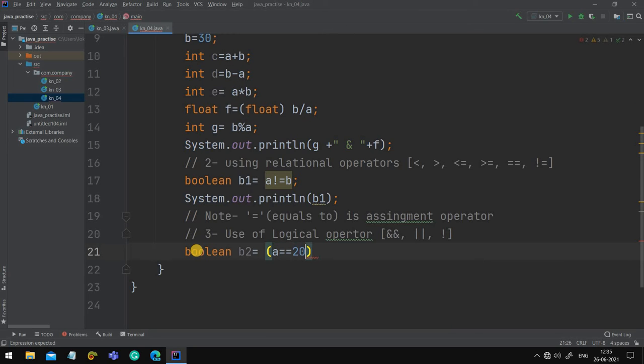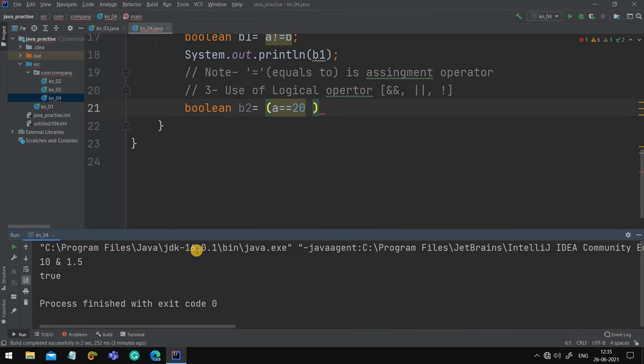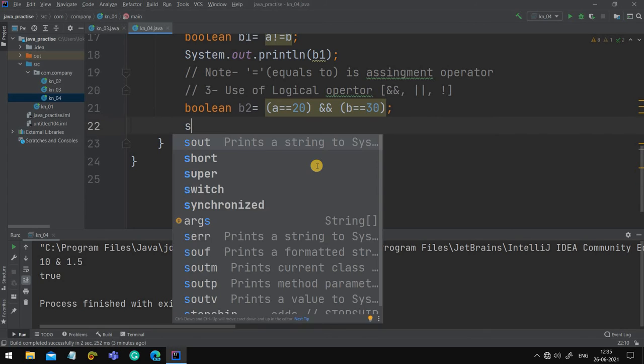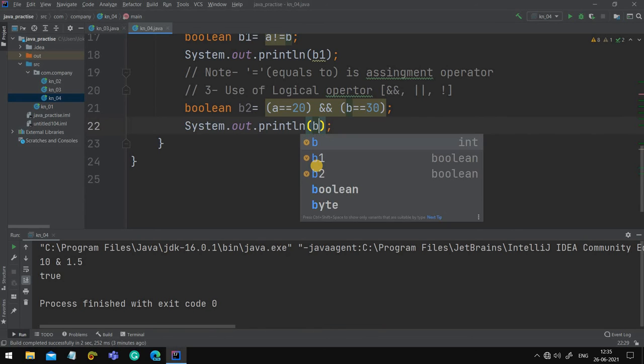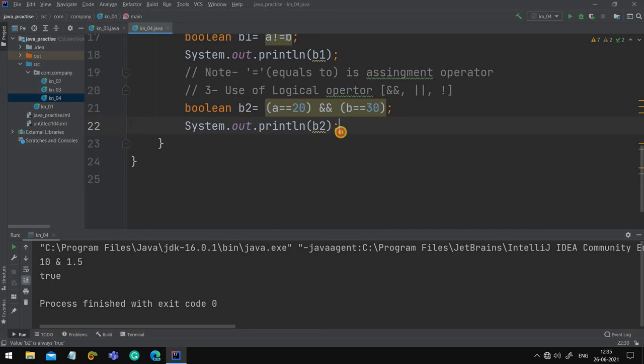A is equals to 20 and B is equals to 30. Now let's print them.